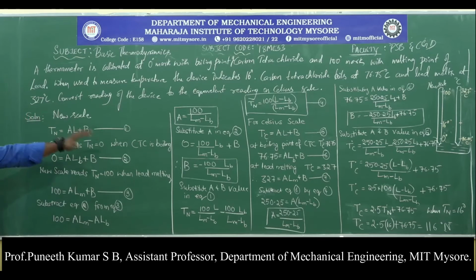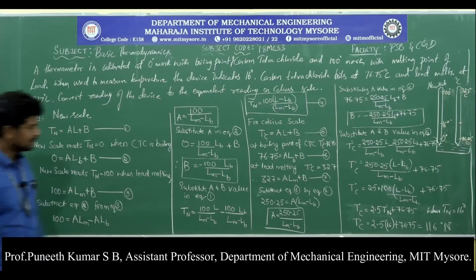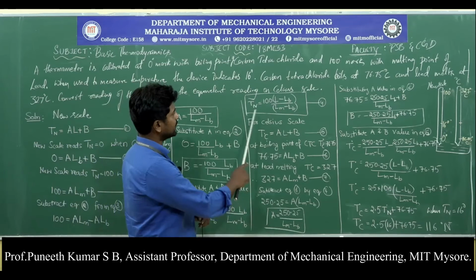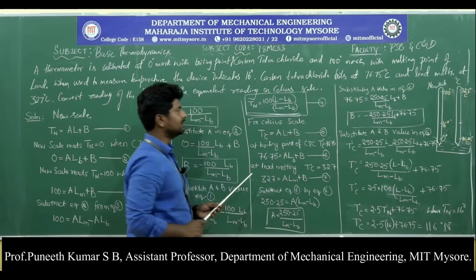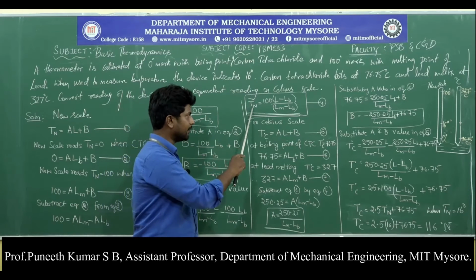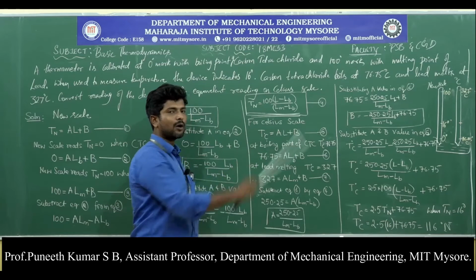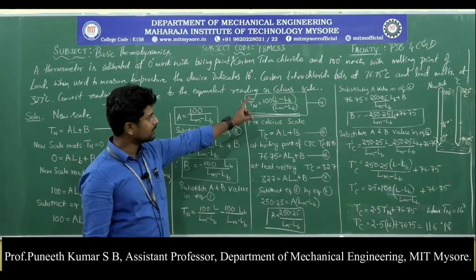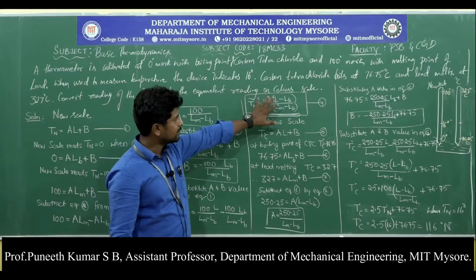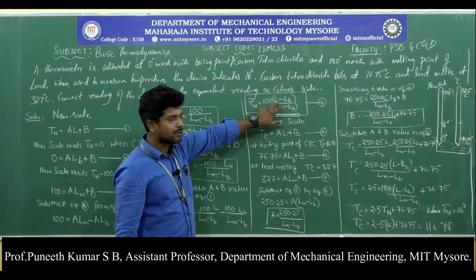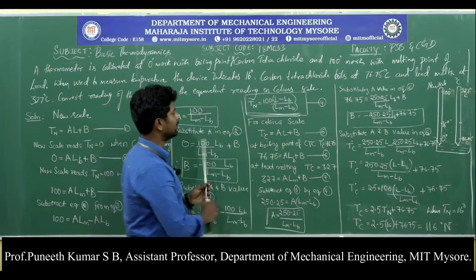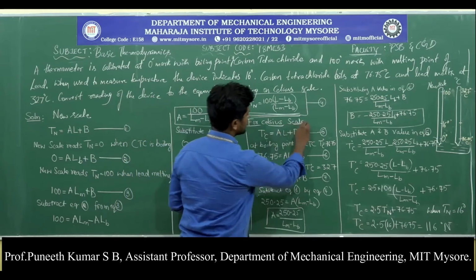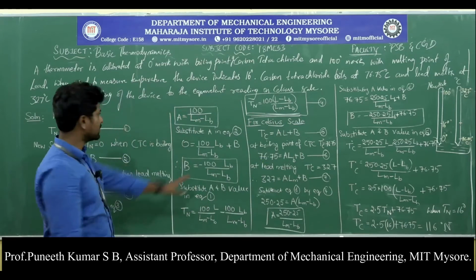Now I will deduce the equation for the new thermometer, that is Tn. So finally I end up with this equation, that is equation 4. This is the relation between temperature and thermometric property of the new thermometer. Next, I will be solving for the Celsius scale. Now, I have already solved for the new scale.